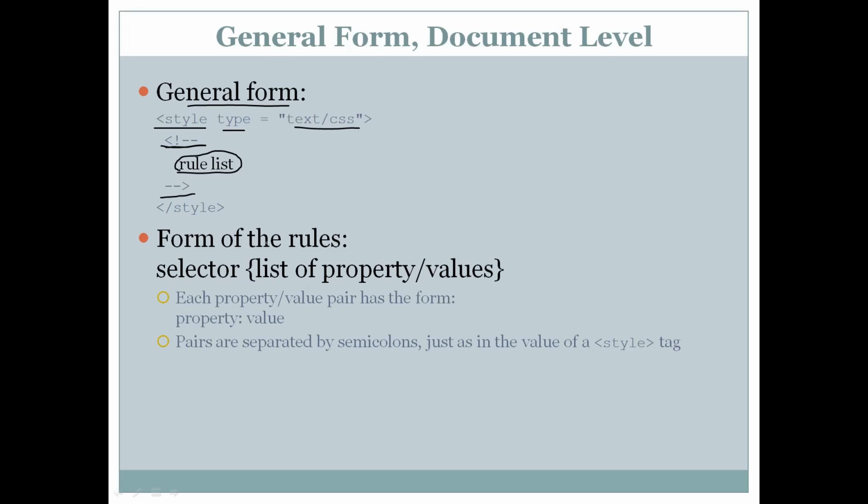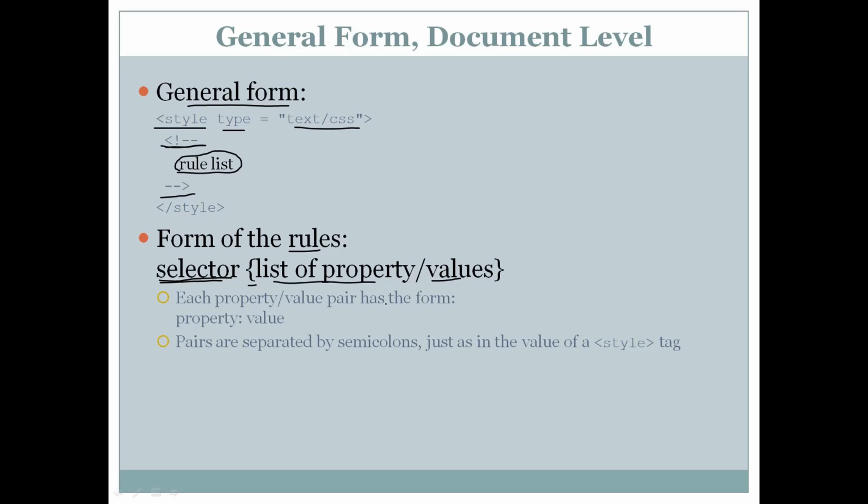Now the form of the rule list. How does this rule list have to be declared? Its form is selector. In flower brackets we have a list of property values. Again property colon values, but it has to be included in flower brackets, and before the flower bracket you should have a selector.